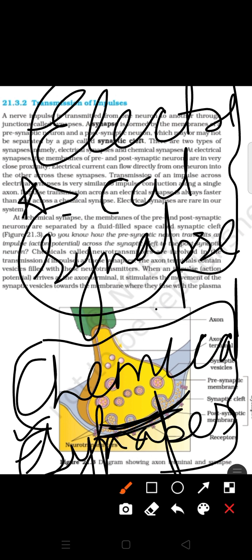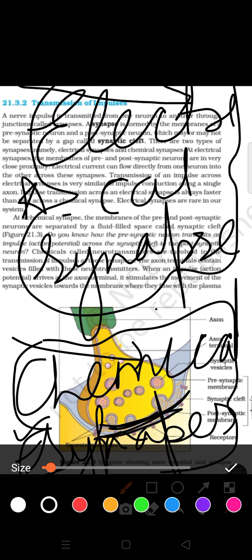Okay, in case of electrical synapse, the conduction of impulse is fast as compared to chemical synapse. You can imagine, it's a simple sense that if any gap is present in between two neurons, at that time it will take time. If there is no gap, at that time it will not take any time. Okay, but one thing you have to keep in your mind, especially about this electrical synapse, it is rarely found in humans. Okay, but chemical synapse is mostly found in humans. The most common type of nervous system is found in the form of chemical synapse. Okay, I hope that is clear.